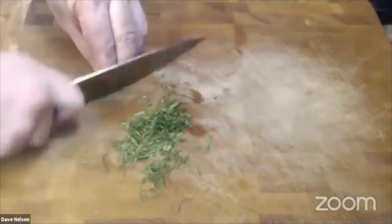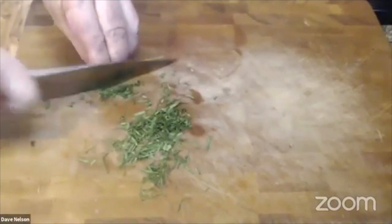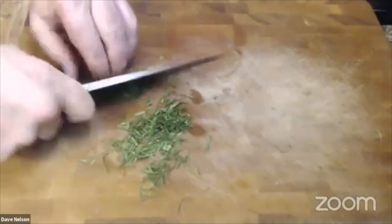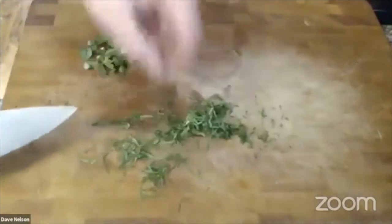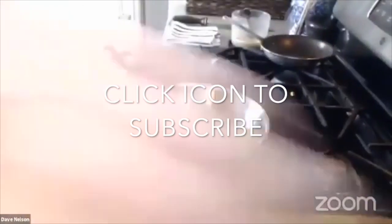I don't like just a rough chopped herb where you just run through it. There's no love there. There's a little bit of love in this. It takes some skill to do that. Get rid of that big piece. Take a look at that. I'm going to look over at these mushrooms, and I'm going to hit